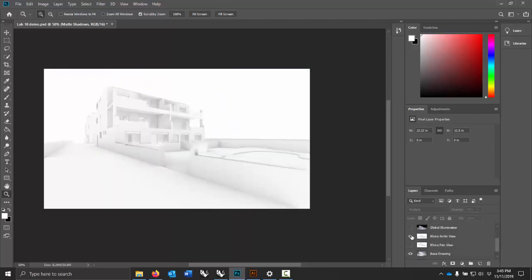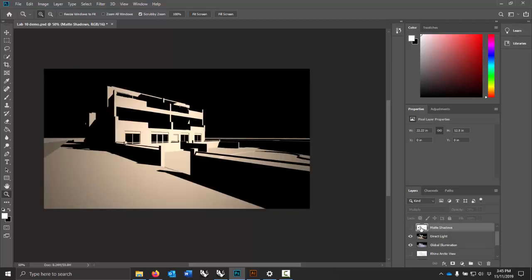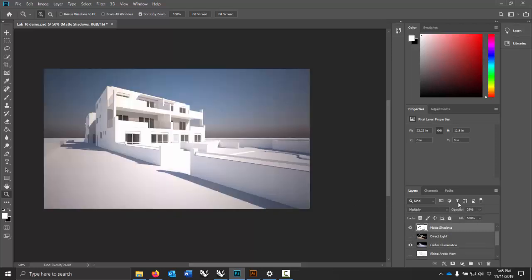Other things I can do to the base drawing is adjust it with some of the layers that I get out of V-Ray. So if I just render the shadows as an image, for example, I can darken or lighten parts of the shadows in the image,